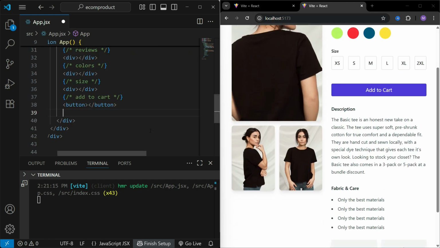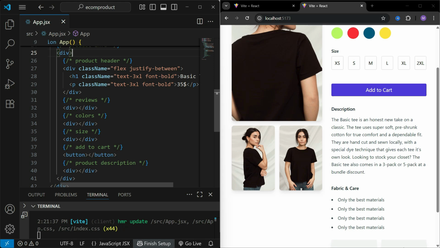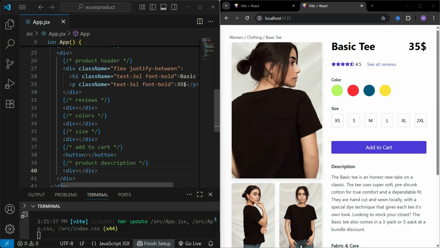And in the end, we are going to have a section which is going to be product description. And let's also create another div tag for this. So if I expand this, under this main wrapper div, we got a header, reviews, color, size, add to cart button, and the product description, which covers this entire section. So now we got the bare bones for this project, and we are going to start by building the reviews